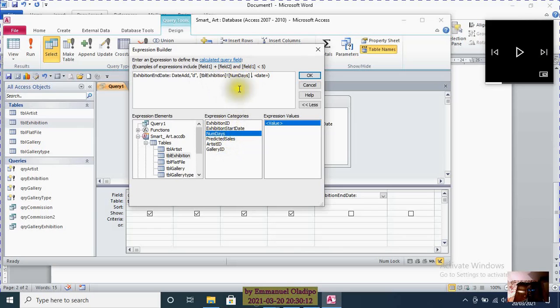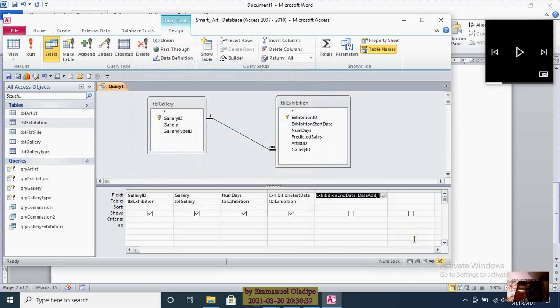That makes it easy. Then the date we're adding this number of days to, we're adding it to the start date. So we will go back there and look at exhibition start date, double click that, and our code is complete. You've got to take the screenshot of that and click OK. And now I'm going to be running this so that we will see what's going to happen. So if I run this now,